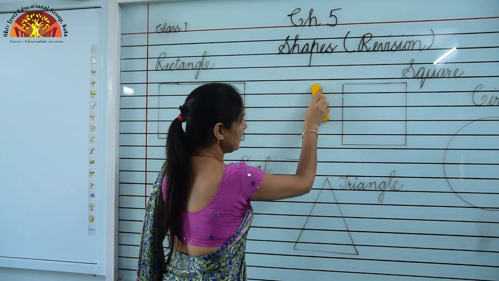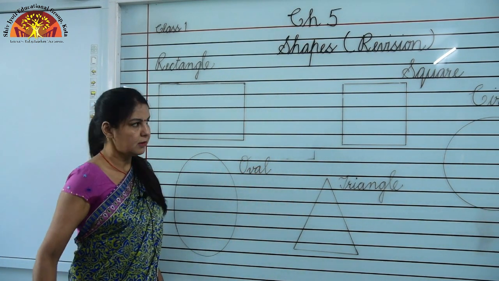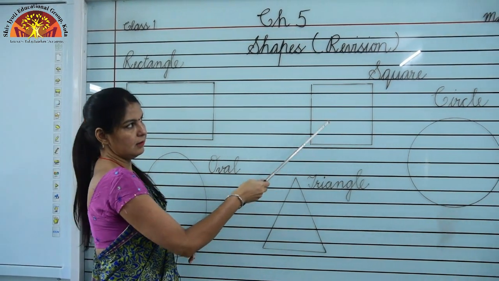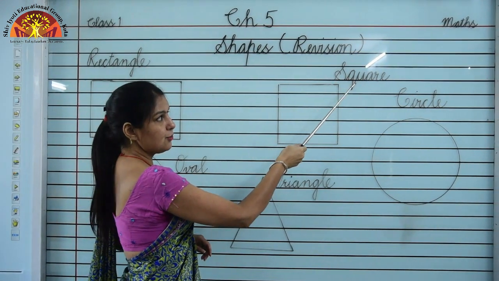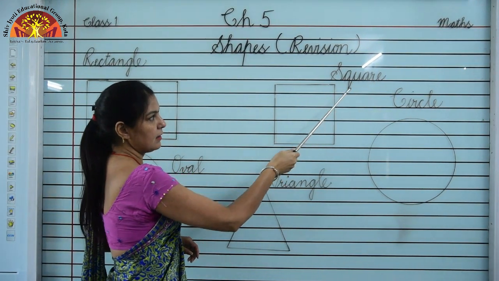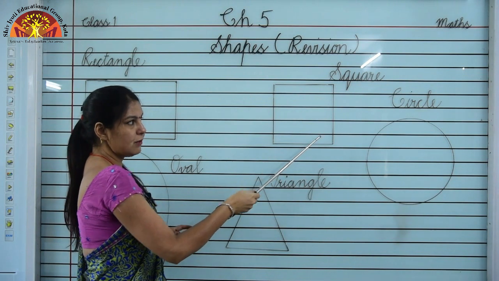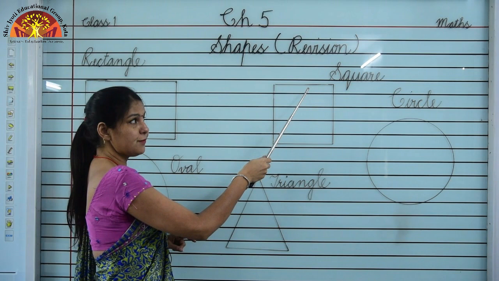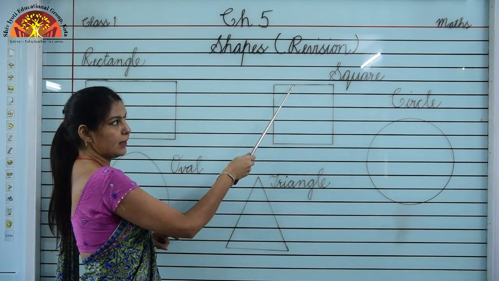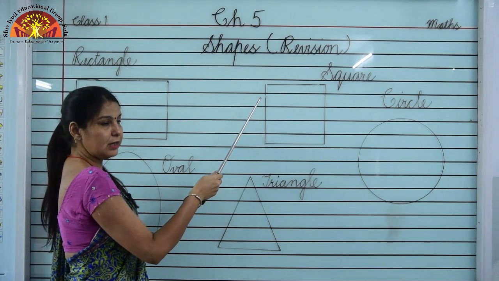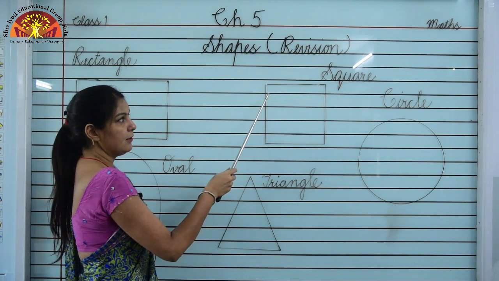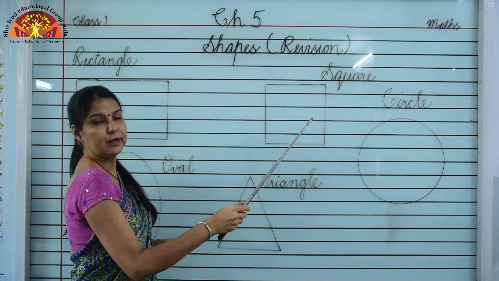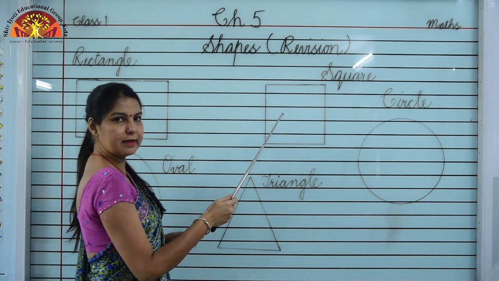Now, we will see another shape. This is a square. You can see the spelling of square as S-Q-U-A-R-E, square. Here it is also having 4 sides and 4 corners. How many lines do we use for drawing? We use 4 lines, 1, 2, 3, 4. So, these 4 lines are called sides, and where these lines meet each other, this point is called corner. So, how many corners does it have? It has again 4 corners.